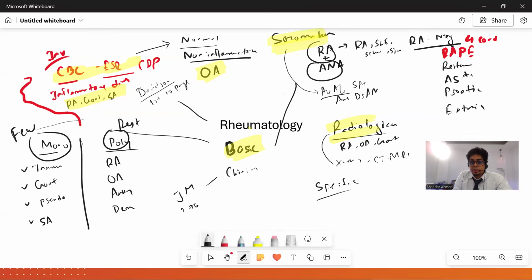anti-dsDNA, which we'll talk about when we go through SLE, and anti-CCP antibody. Every single one has a different test, which is quite different, right? There's an antibody panel. All together we call it the ENA panel. In some places we do panel tests for serology, but we're talking about a specific test where we have to draw something, which is synovial fluid analysis.